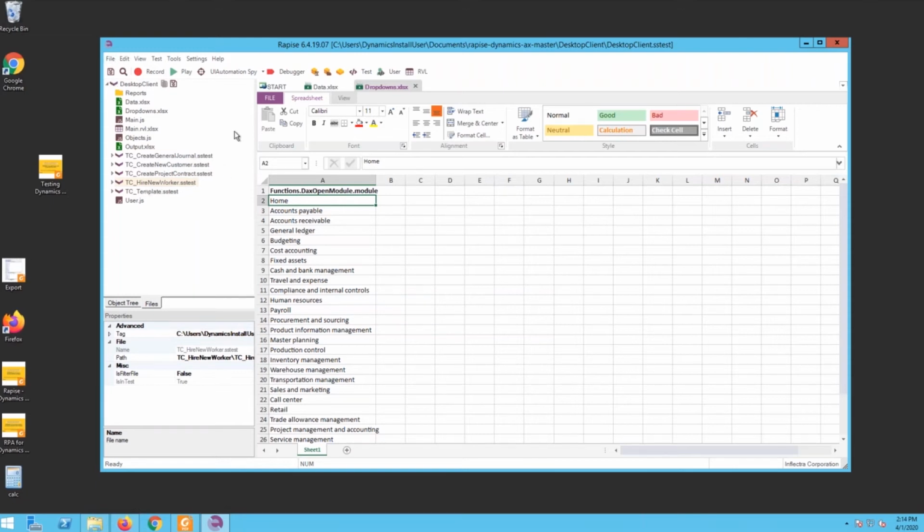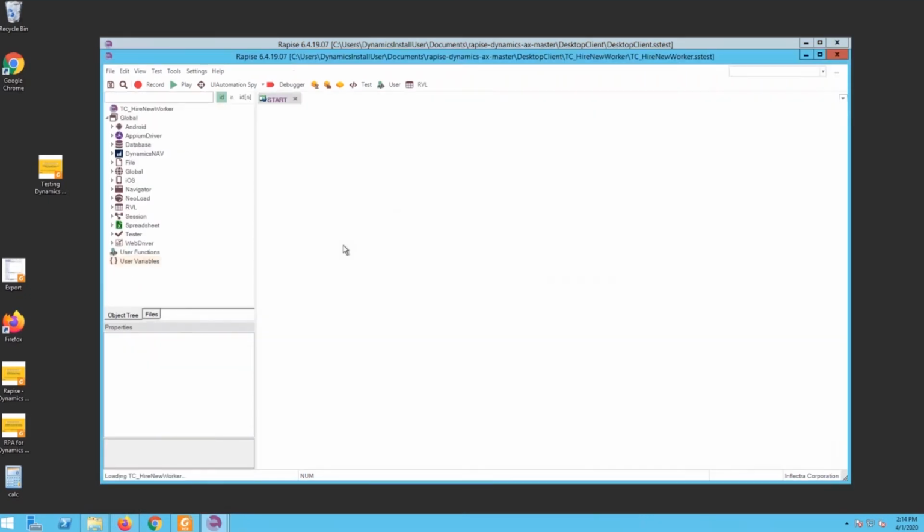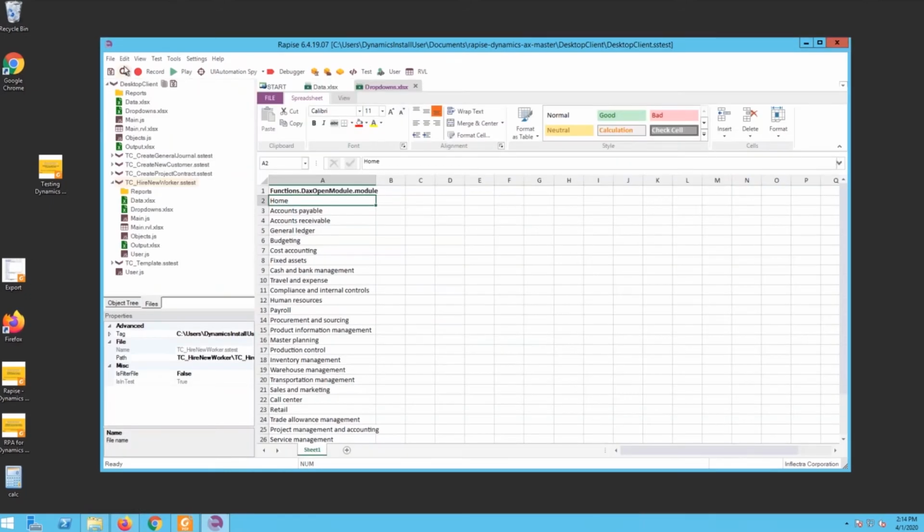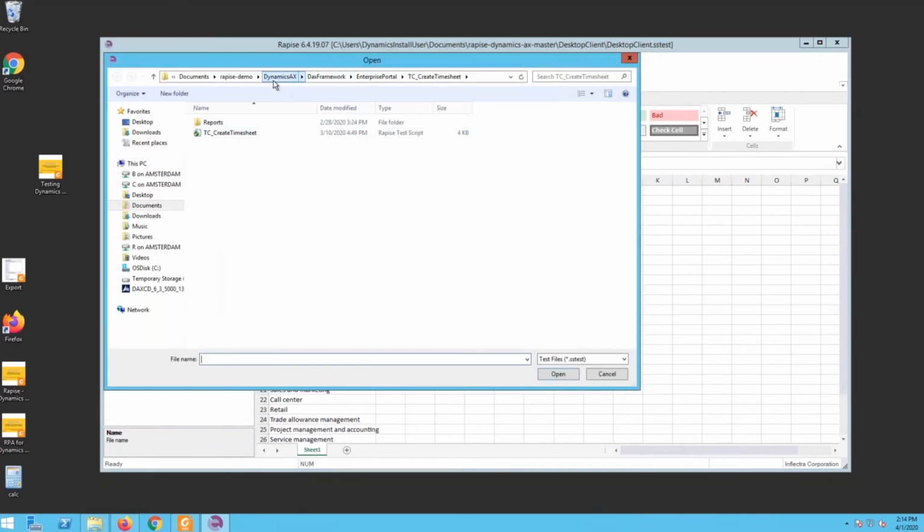I may open it in the same copy of Rapise, or you may double click it and open in a separate copy of Rapise. But then you should be careful what copy of Rapise you're using to start recording. So to not mix things up, I will just open it from Rapise. So let's go to documents. Here is